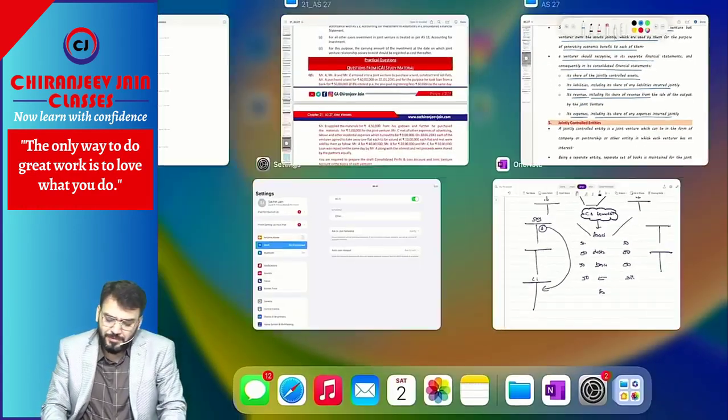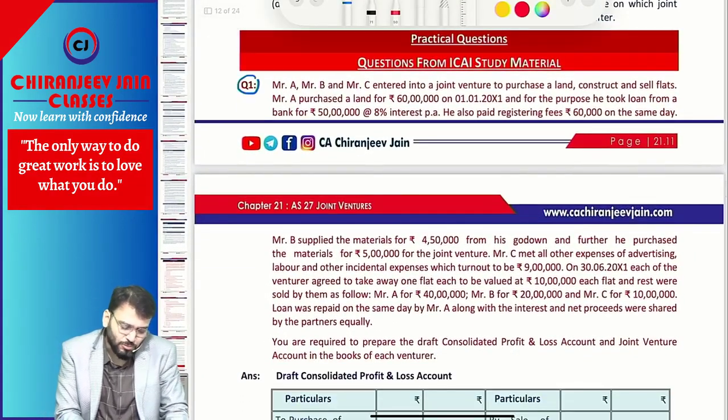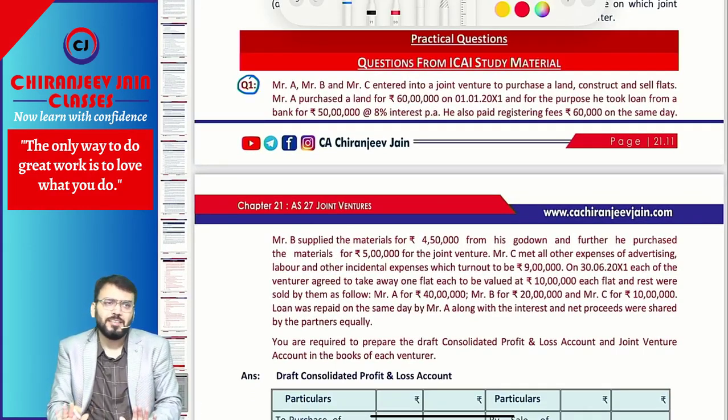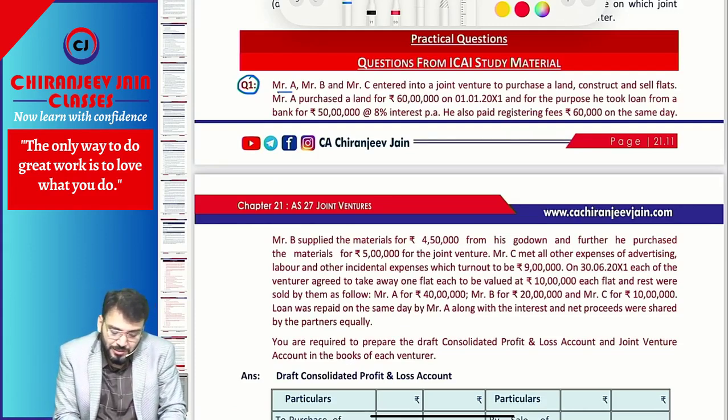Understood? Now from the exam point of view they have given two questions, but I am not happy with those questions, so I will do these two questions from the examination point of view. Correct? Now, what does the question say? Let us say Mr. A, Mr. B, Mr. C